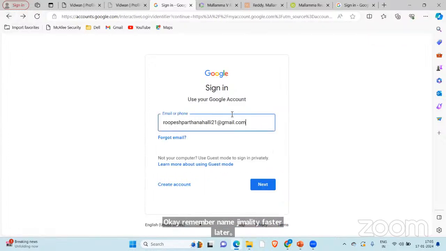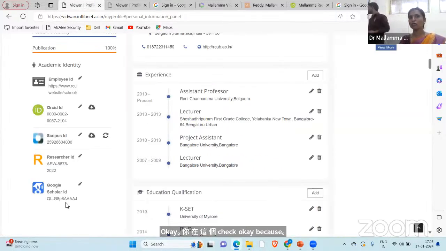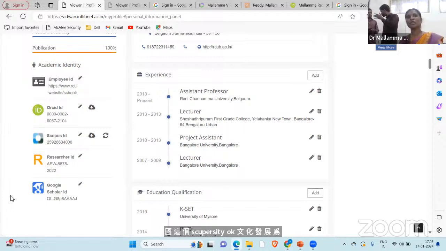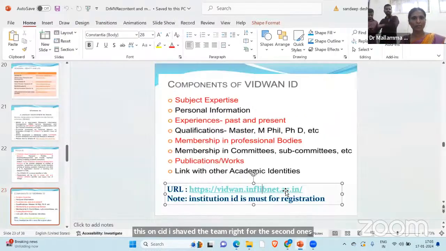Okay, just I will check it out. Okay, because I want to show you the user ID. Until that, the one who has completed, like you have Google Scholar ID, then go to ORCID and start doing, and go to the Scopus ID, then start doing, and Researcher ID. One who is fast enough, one who has completed and whose details have been created, just note down this ORCID ID. I will share the thing. Wait for a second. I will share once again. Just copy, note down that thing, and I will come back to this.